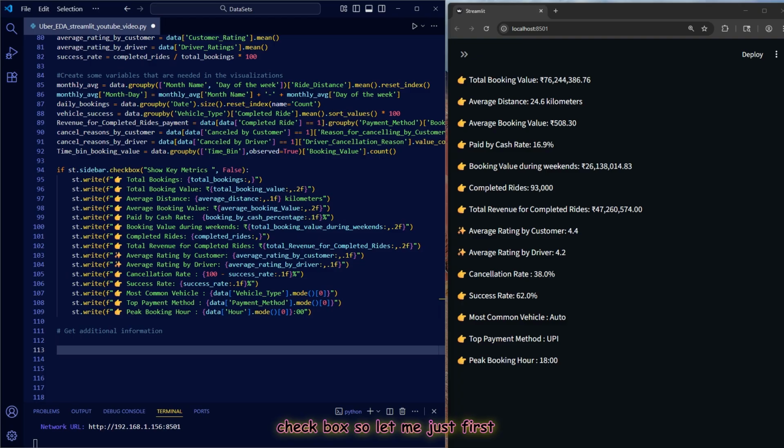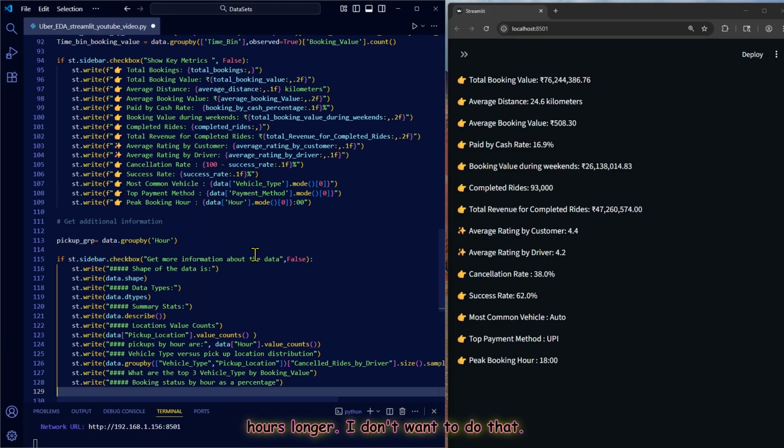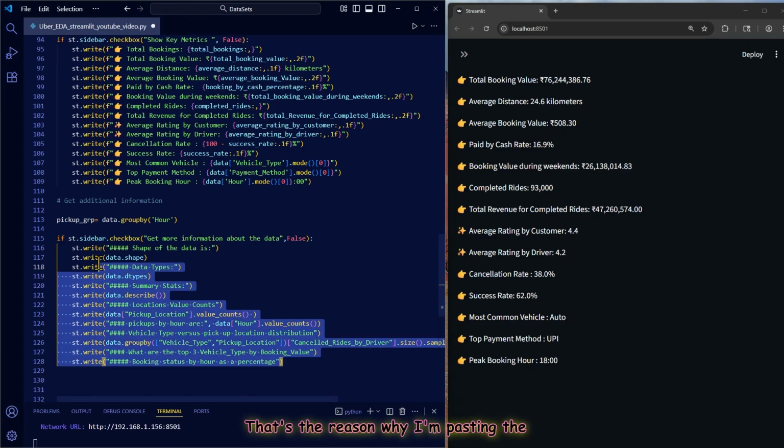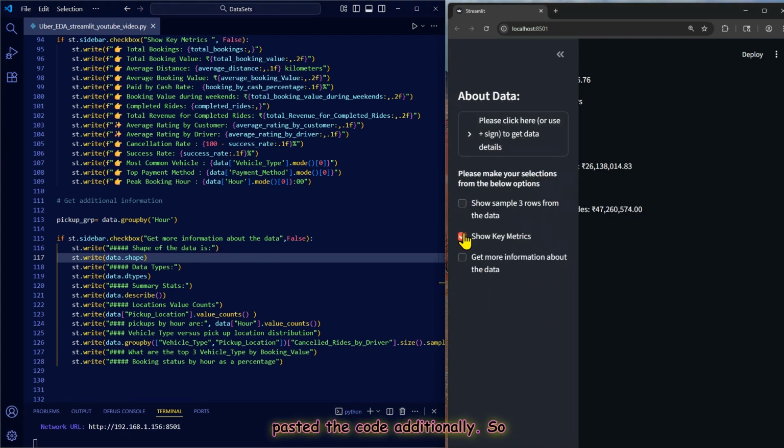So let me first type in if st.sidebar.checkbox, right? Let me copy the code instead of typing, because if I start typing, this video will be like 1-2 hours longer. I don't want to do that. That's the reason why I'm pasting the code to save time. So we have taken care of this chunk of code, and we have pasted the code additionally. So whenever the user